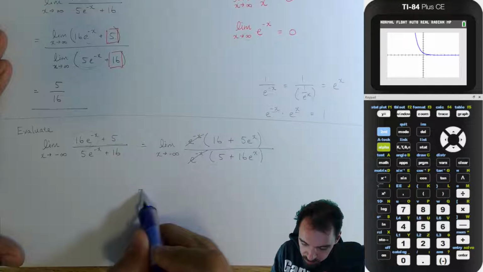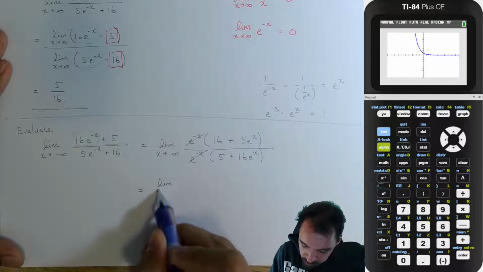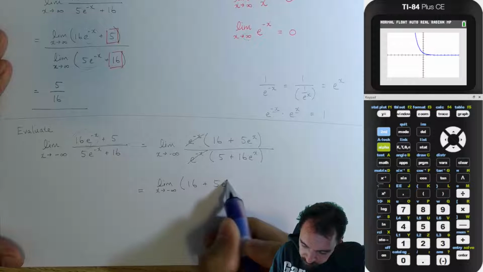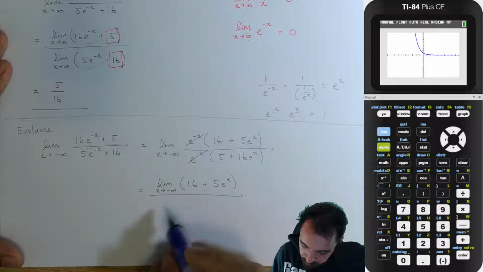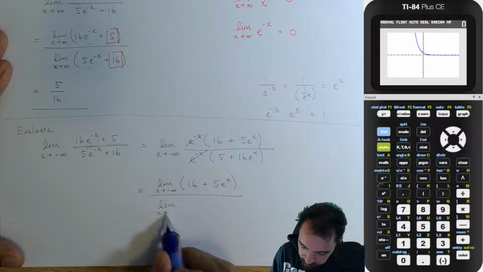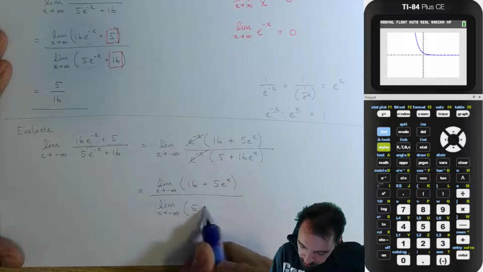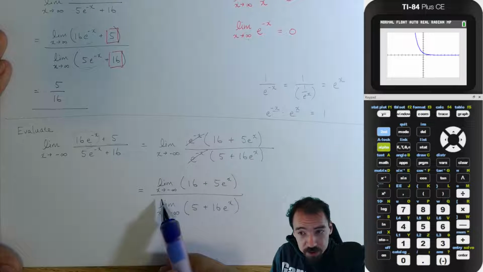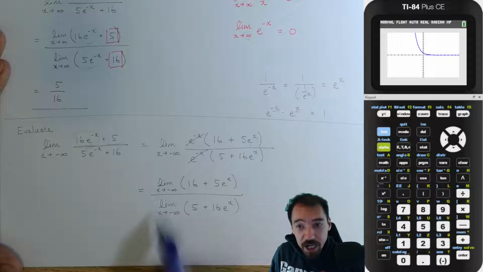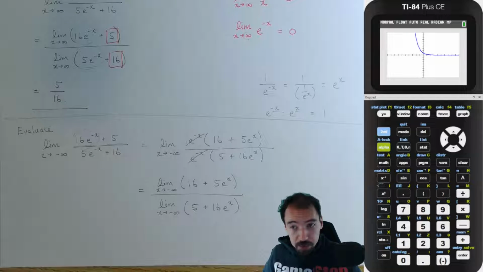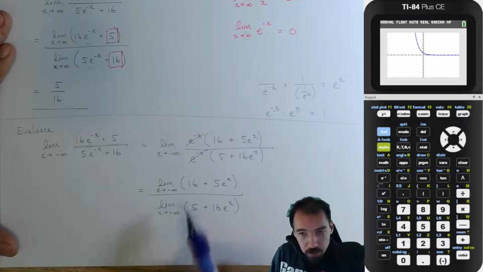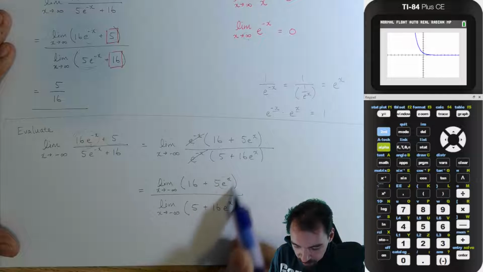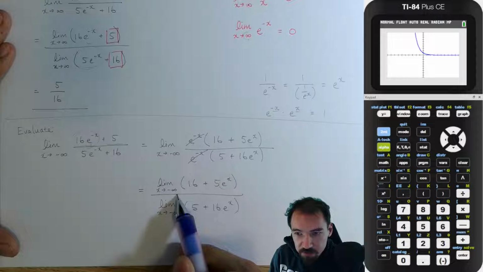Then I can apply my old logic and say, well, what if I just take the limit of the numerator and take the limit of the denominator separately? And if I can show that the limit of the numerator exists, the limit of the denominator exists, and the limit of the denominator is not equal to 0, then I'm able to do this. Okay. Which then begs the question, what happens if I take the limit of e to the x as x approaches negative infinity? Well,